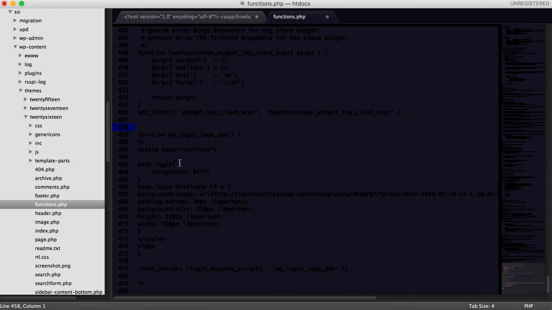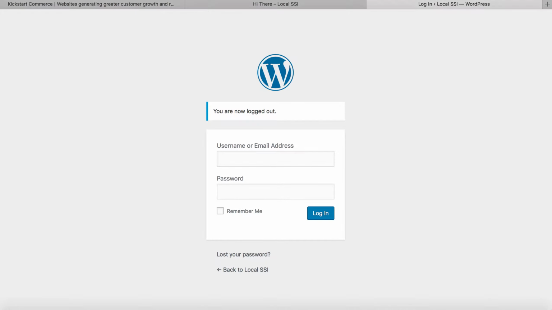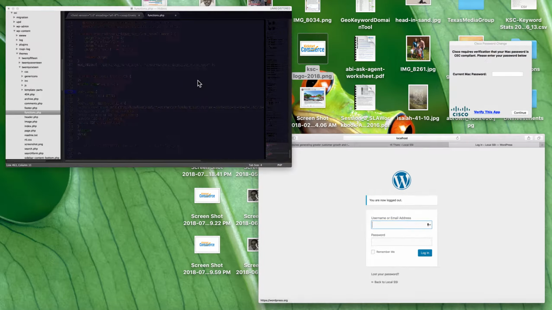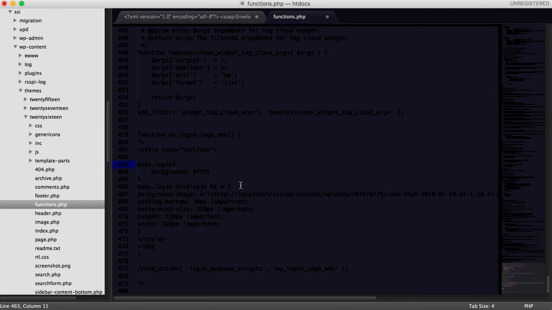And then essentially what I've done is a couple things because the actual WordPress background is gray. And because I don't have a transparent image of my logo, I want to make the background white, and then change the logo to be the Kickstart Commerce logo. So jumping back into Sublime,